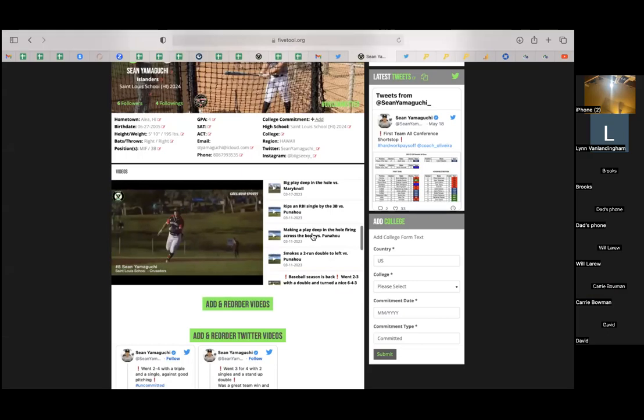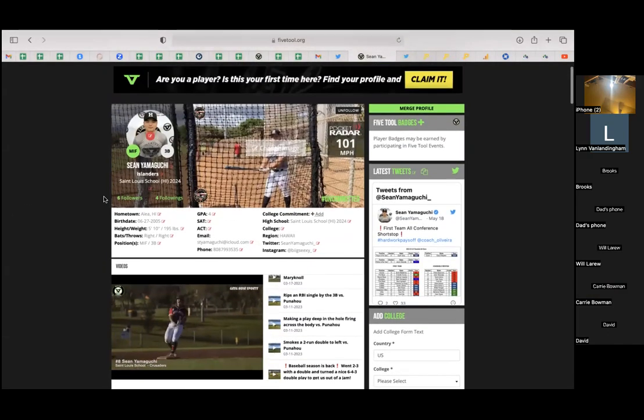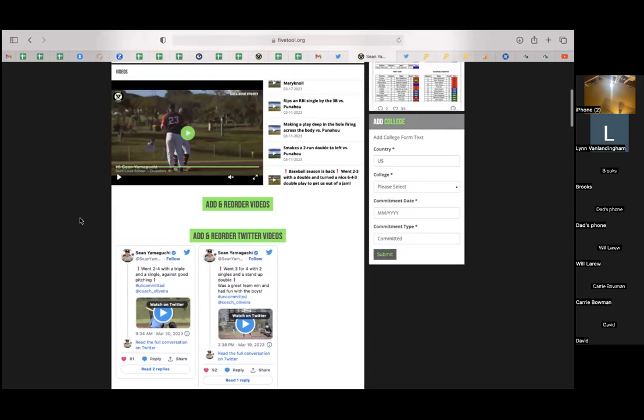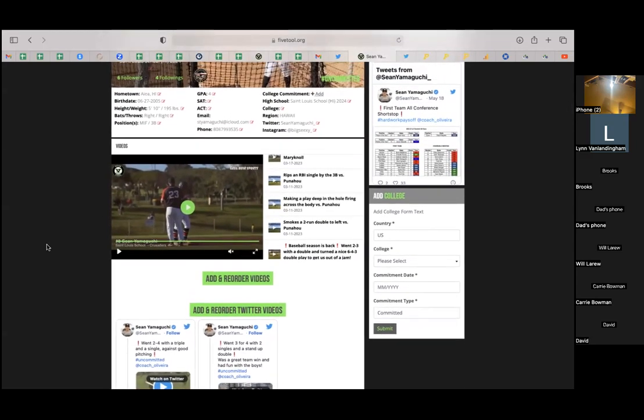As I mentioned earlier, you can just copy and paste this link to a college coach, and if you have a premium profile, they can view all these right from that page. It displays really well on mobile. Some of the feedback we got, I remember we were talking to Tennessee, and they were talking about how, when they're doing recruiting, they have a group chat, and they basically have to send individual tweets. And some coaches are older than others. Some are more up to date with the times than others.